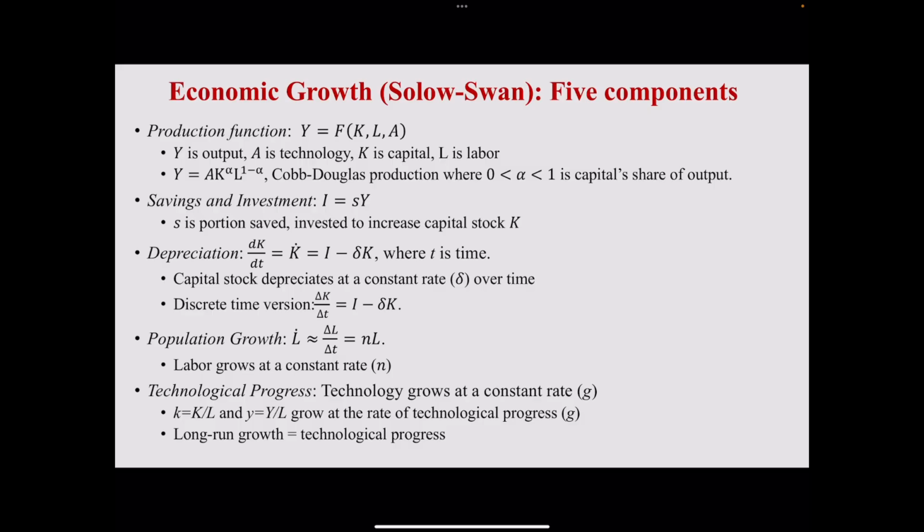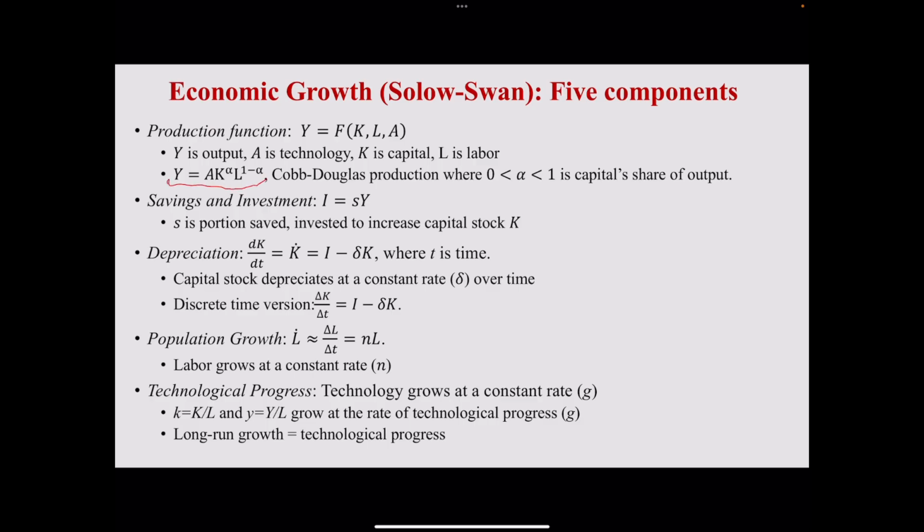So now we go to economic growth. Due to Solow and Swan, it's often called Solow-Swan growth. It has 5 components. It has a production function. Y is a function of capital, K, labor, L, and technology, A. We can write this as this function